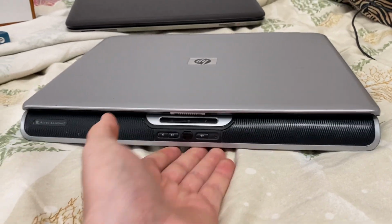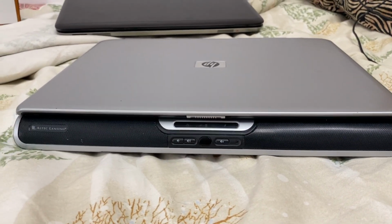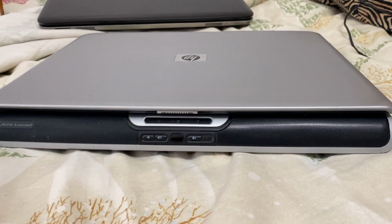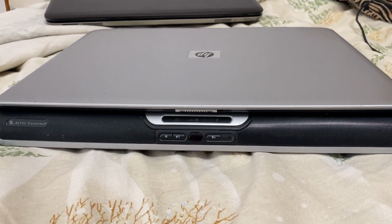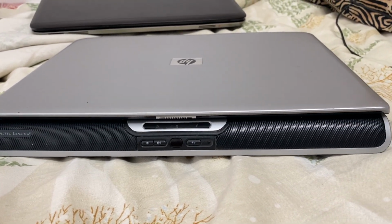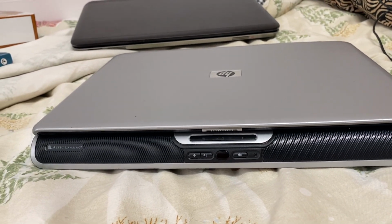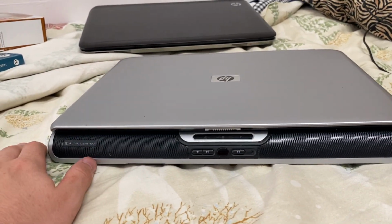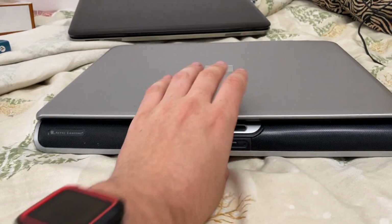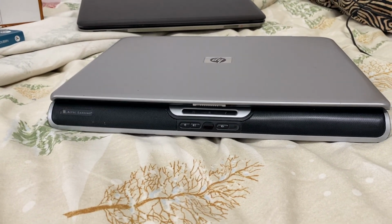So this, ladies and gentlemen, is a ZV6000 series HP Pavilion, specifically the ZV6130. I've heard that this is potentially a very uncommon model, maybe just because nowadays they're hard to find, and also hard to find in good condition. So this machine I did pay quite a bit of money for what it is,